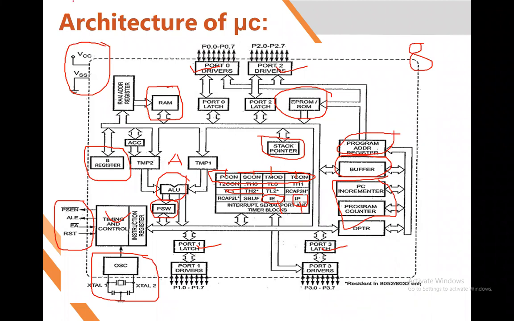So these are the timers. Then this is the latch for connection, port 2, port 1, this RAM register. This is ACC, meaning accumulator, and the B register. This is the architecture of the 8051. The only difference is that it contains RAM and ROM present on chip, which is not present in the processor. So we discuss it point by point briefly in the next slides.